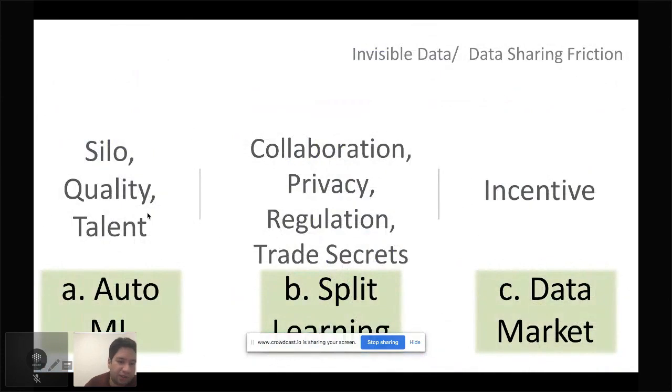A little more context before we get into split learning. This has been our trajectory around the invisible data style efforts and the data sharing efforts. We worked on AutoML when AutoML was a hot topic. We are currently looking at distributed ML and privacy. We're also very interested in incentives, so data markets, which is what is the incentive for people to share data in the first place, even if they have these privacy guarantees offered to them to do ML.